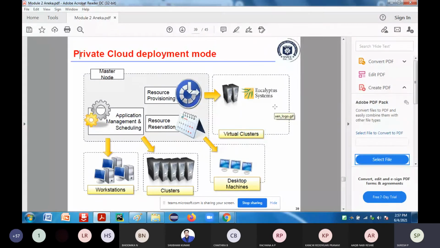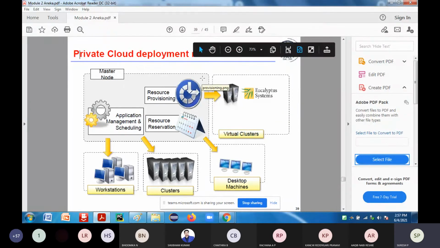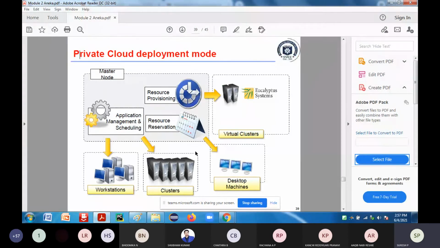Now here, whenever you are going to integrate the virtual node provision from the local resources pool management, we are going to have some Xen servers, and you are going to have Eucalyptus and OpenStack. These are some of the pools. If you take this particular figure, it is the typical representation of a private cloud. If they ask in the exam, you have to draw this figure and explain. The individual resources will be available within the organization itself. Now the master node is there.